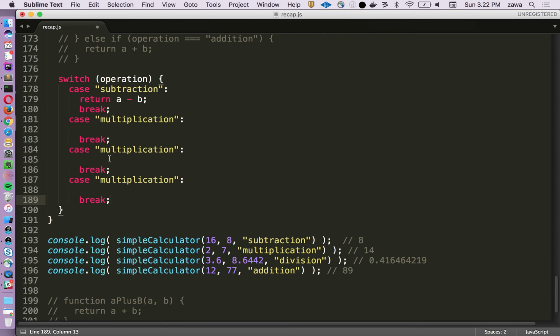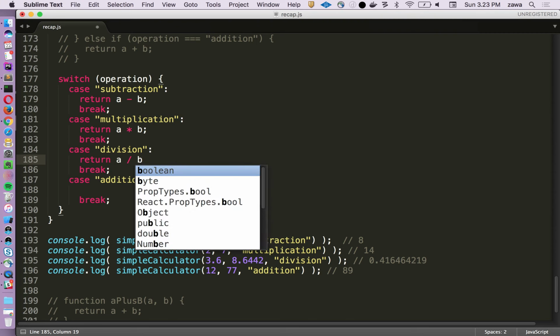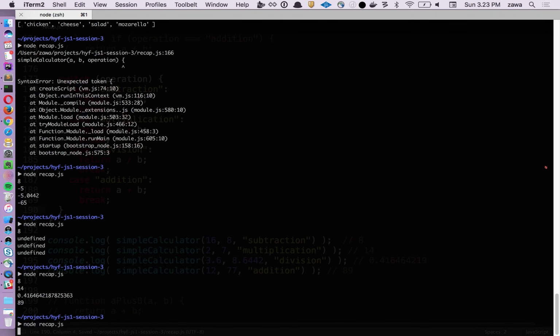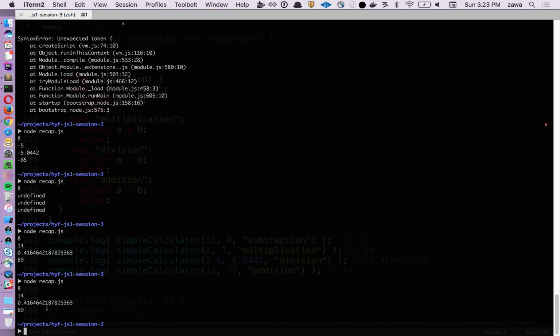So multiplication, division, addition. That is actually pretty annoying. The screen card. Oh, it's shaking. So we get the same result